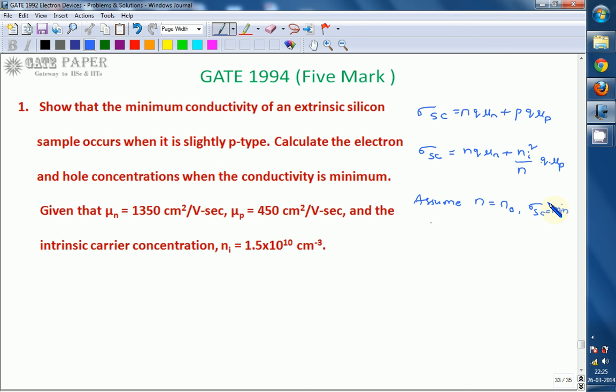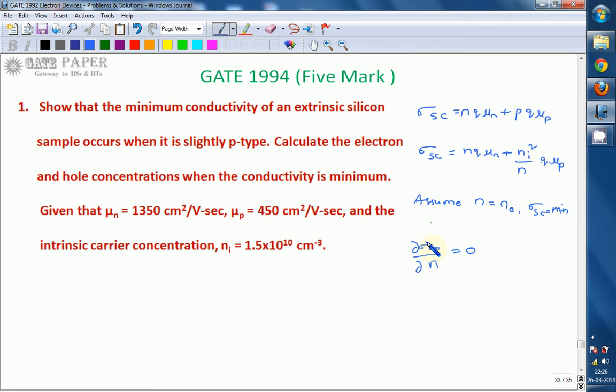The minimum conductivity results at some electron concentration, which we name n naught. The n naught value can be calculated by using the equation dou sigma by dou n equal to 0, and whatever the n value is, that will be replaced with n naught to get the minimum. This mathematical equation can be used to calculate either a maximum or a minimum extremity. Here we are going for the minimum extremity.